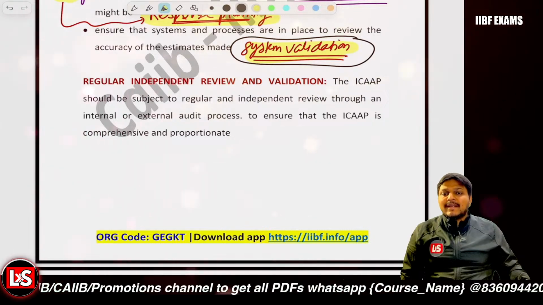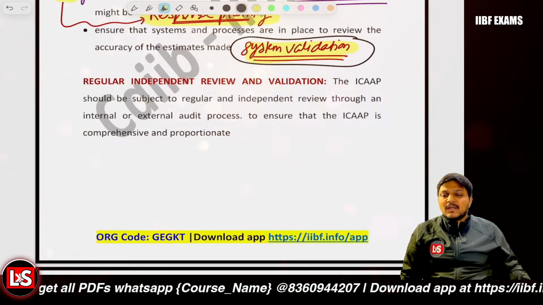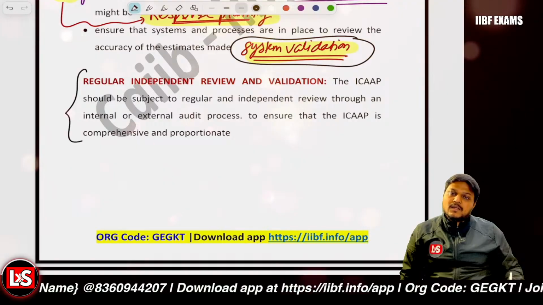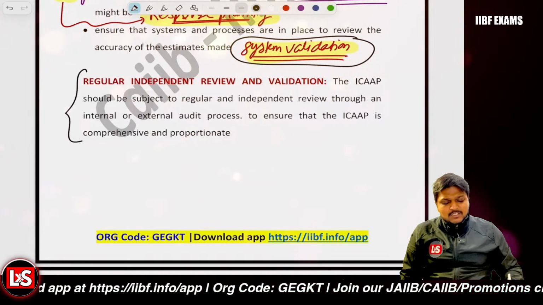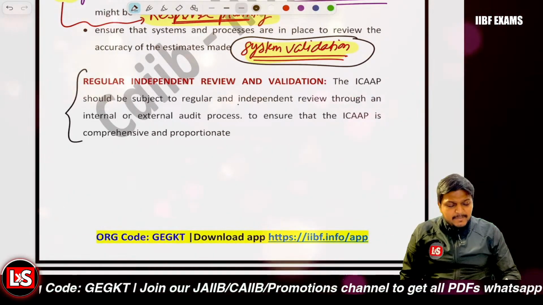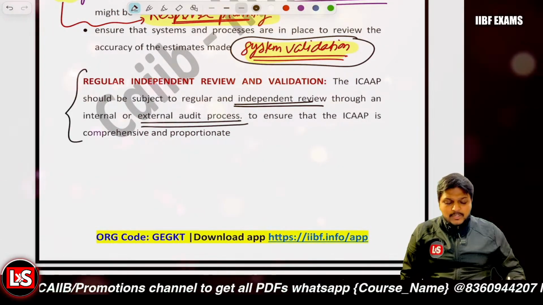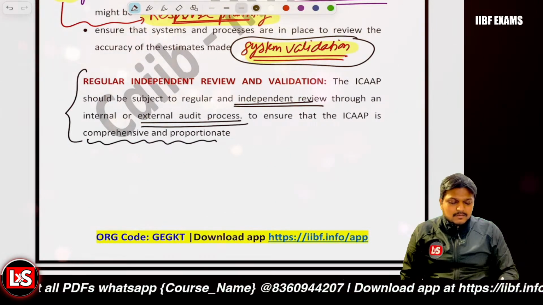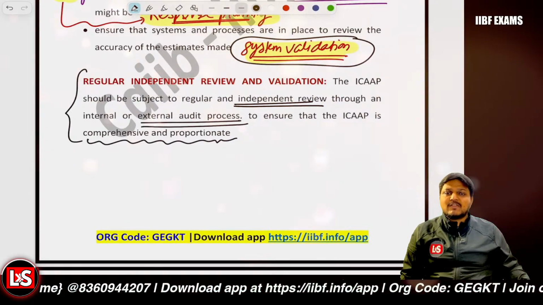Further, it's about the regular independent review and validation. As I told you, that is ICAAP should be going for a regular independent review. Like periodic internal audit must be there. I told you already, at least once on an annual basis, it should be reviewed, right? And internal audit must be done, independent review, internal audit must be done, and also the external audit must be done. So it ensures that the ICAAP is comprehensive, it is proportionate, right? It is proportionate, it is aligning with the regulatory expectations. That's why it is very much required,